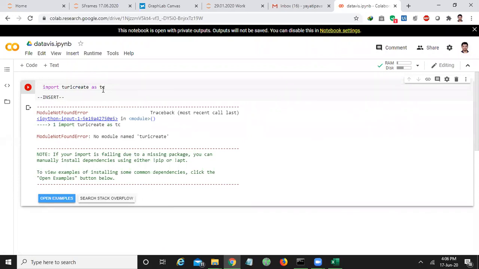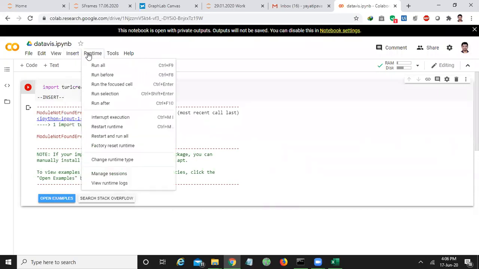Yeah, what you have said is correct. Actually, I think the Google people have removed this Python 2 environment completely.